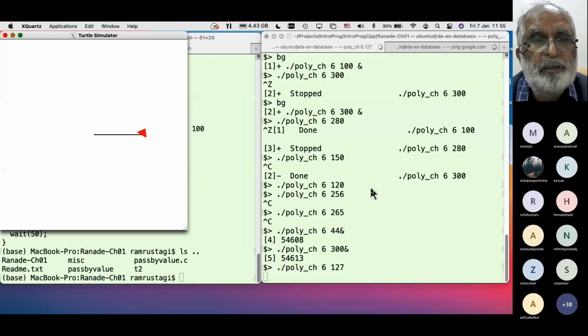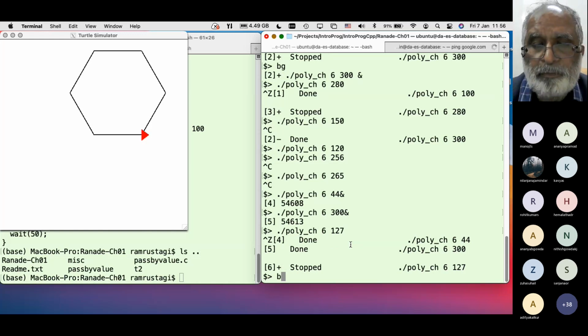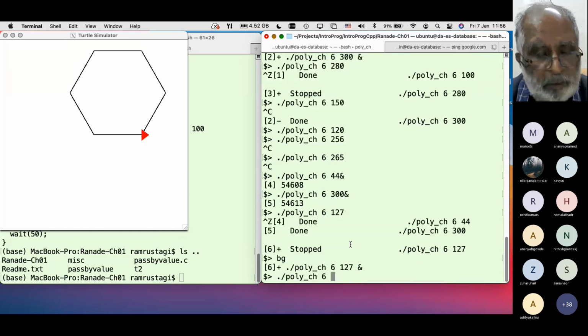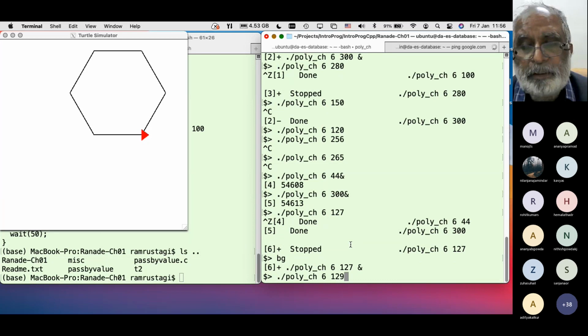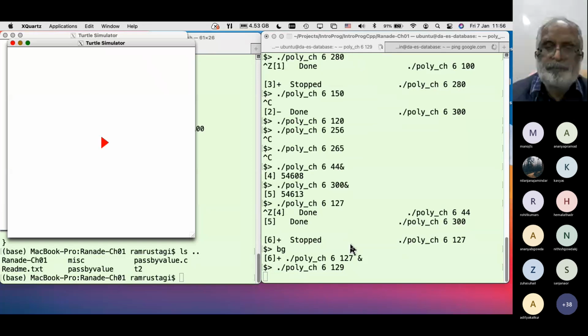You see that figure properly? Okay, now let me draw a figure of, instead of 127, let me say 129. Okay, see what happens. Do you see what is happening?